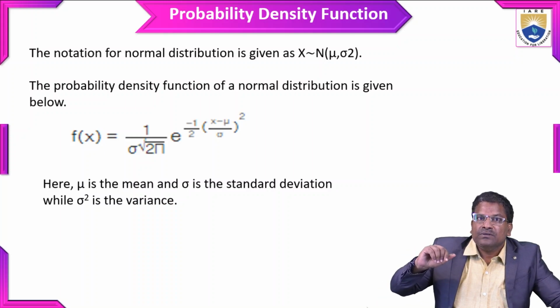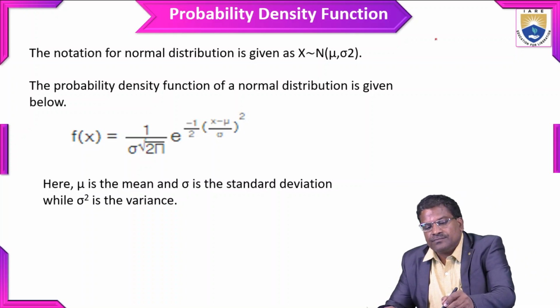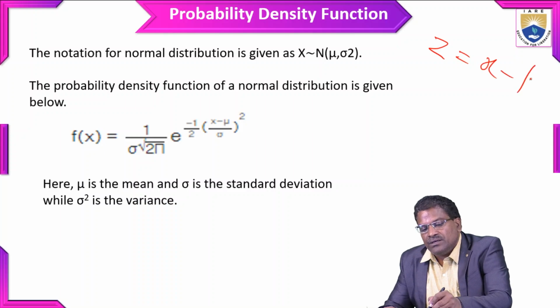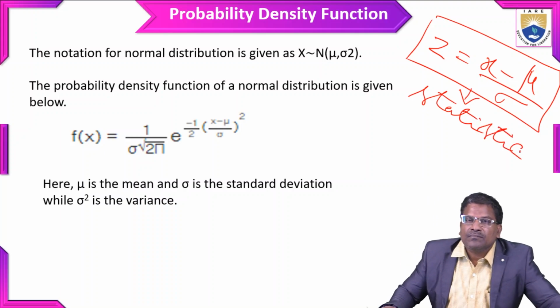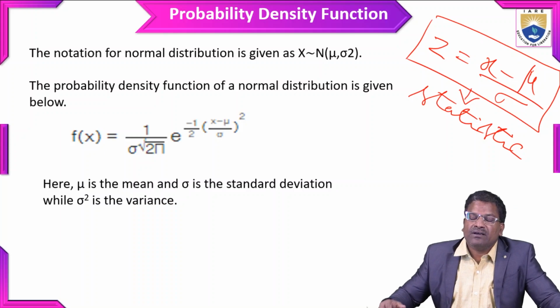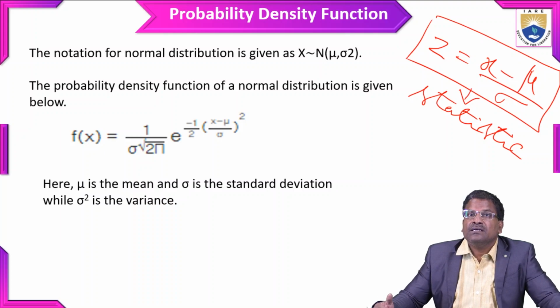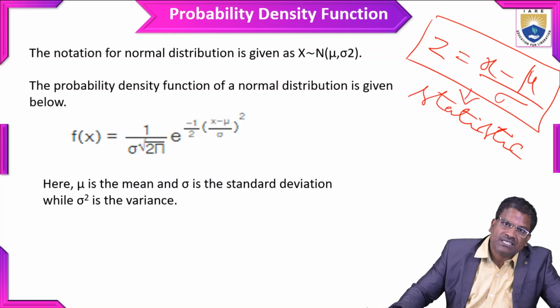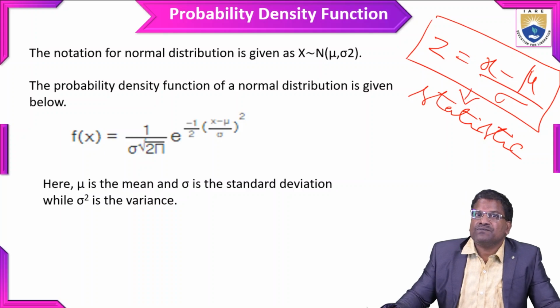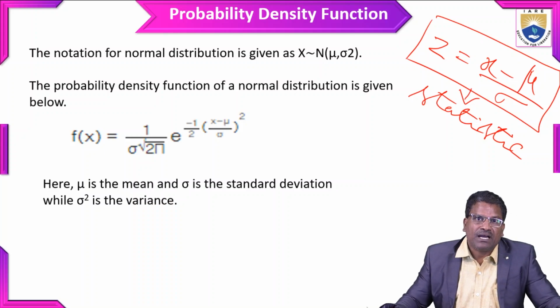Z, small z value, is known as the statistic. That value is small z equal to x minus mu by sigma. This value is called the statistic, and it is useful. We use this value while doing sums in a test of hypothesis. In testing of hypothesis, we use z equal to x minus mu by sigma, where